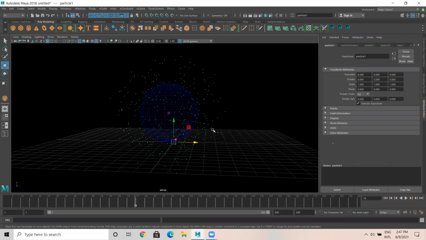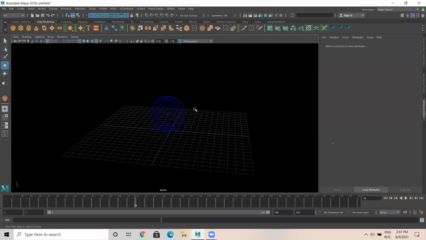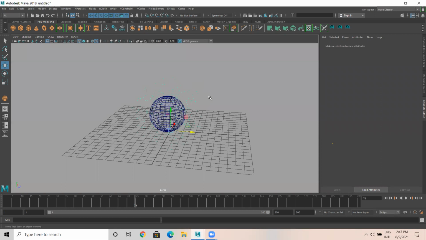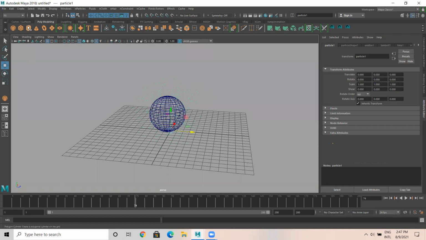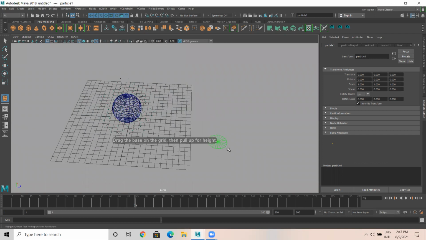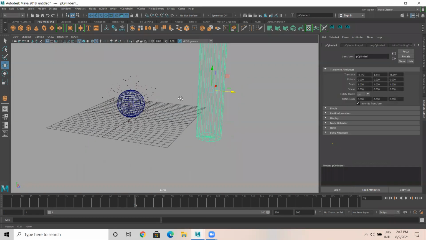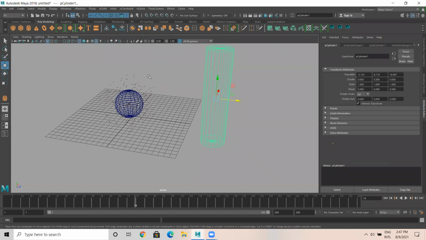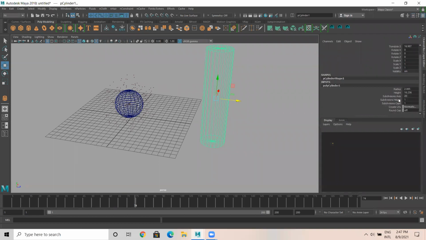Okay. Now let's do another one. I will create one cylinder here. Okay. And let me add a few mesh. Okay.